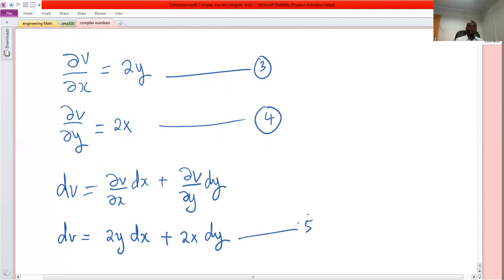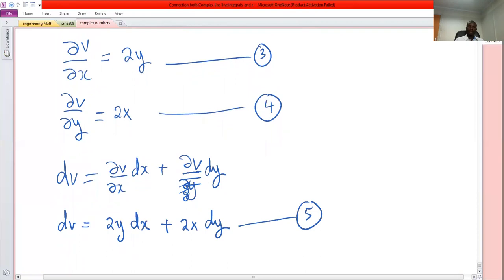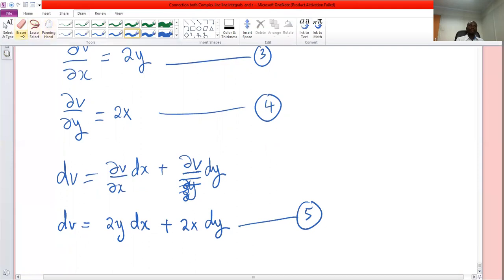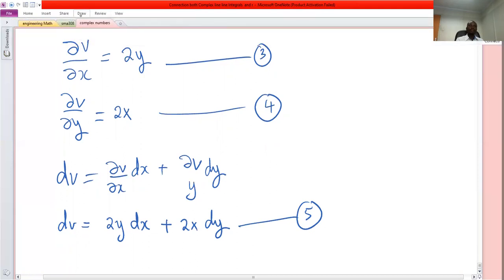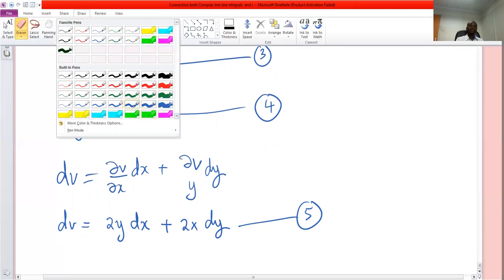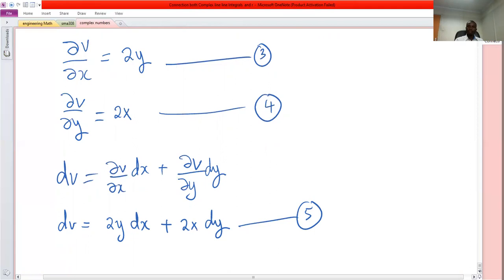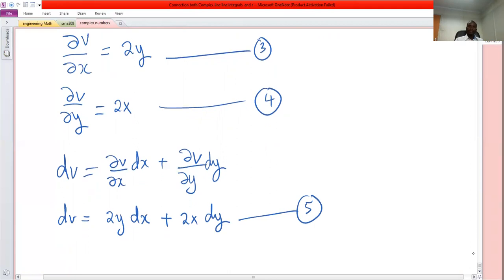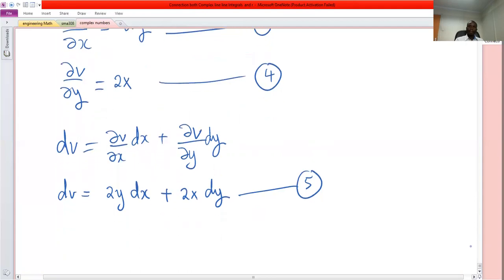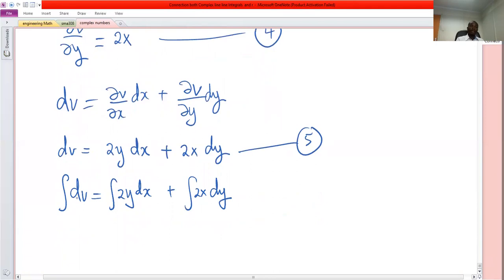Call this one equation 5. Then to get v from 5, you simply integrate. Integrating 5, we'll have integral of dv equals integral of 2y dx plus integral of 2x dy. Integrating dv is v, this will be 2xy